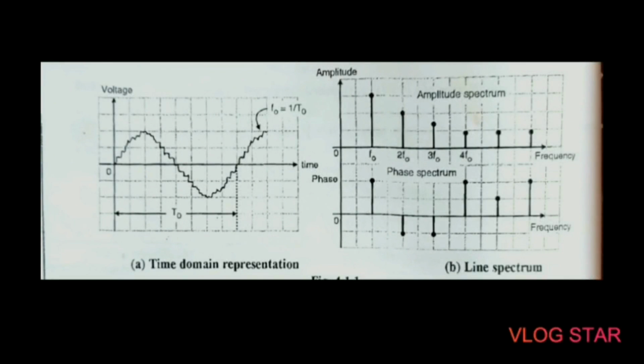In today's video lecture, we are going to study frequency domain representation of a signal, that is line spectrum, then how to plot line spectrum, then a double-sided line spectrum. After that, we will see continuous time Fourier series and the types of Fourier series. So without wasting your time, let us start first with frequency domain representation of a signal.